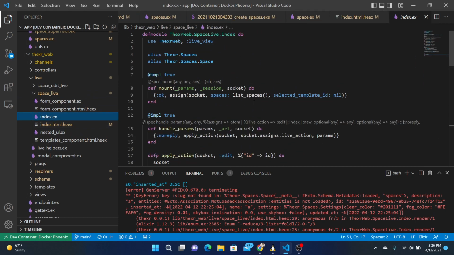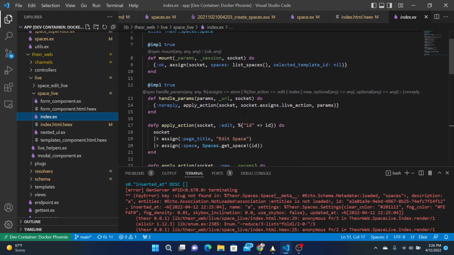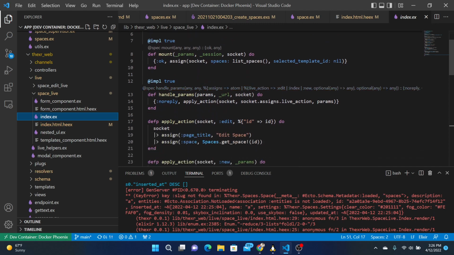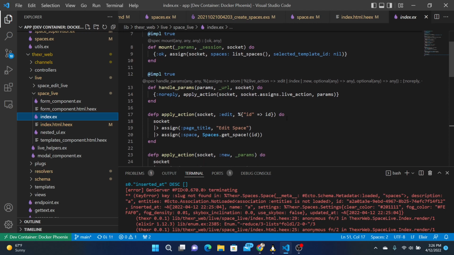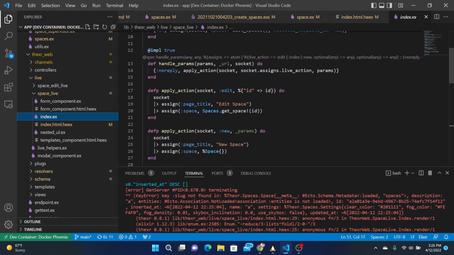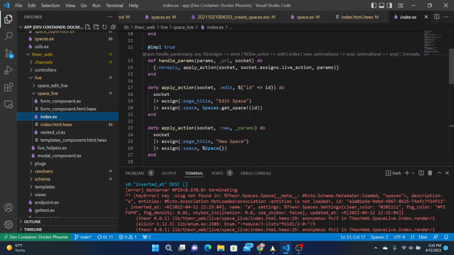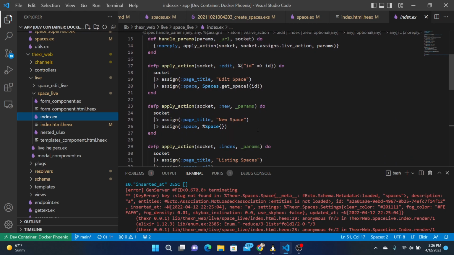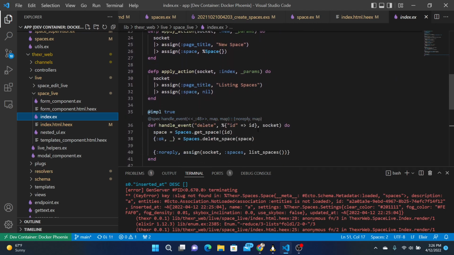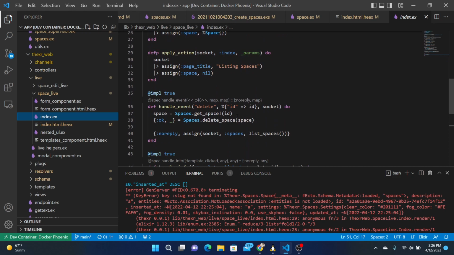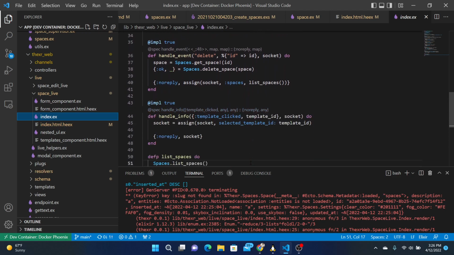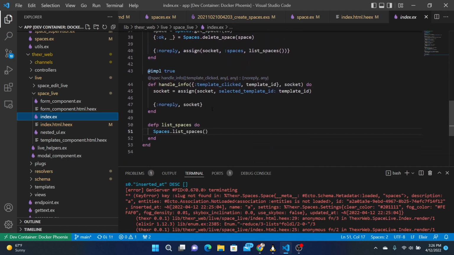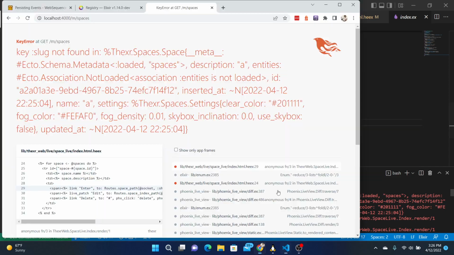So we're going to mount this thing, list spaces, handle params, apply action. Want to edit something, you're using the ID, which is fine. Apply action, handle event. If you want to delete, which deletes the space, template clicked. I think it's okay now.